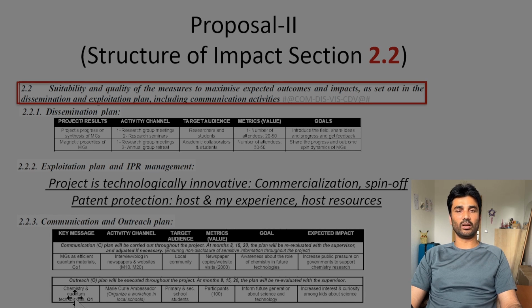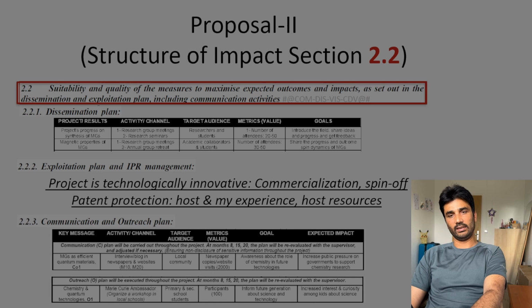You can add more rows here. For example, I added 3 rows here and 3 here. So you can plan different activities here, key messages here, and it's very important that you include a table here. It's very easy to go through, and reviewers like this kind of format. All these things were mentioned in my evaluation report, like these aspects of the proposals are quite strong.